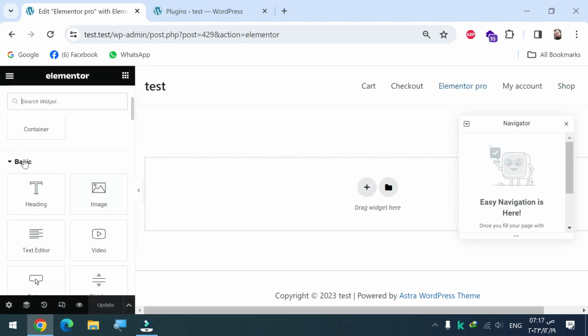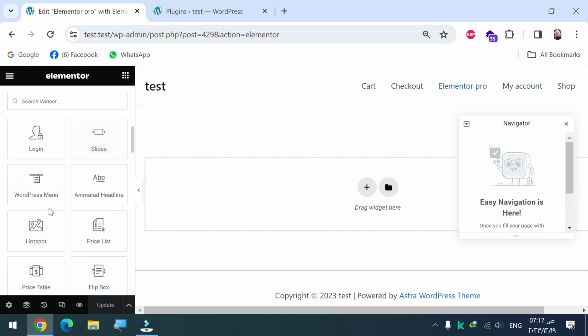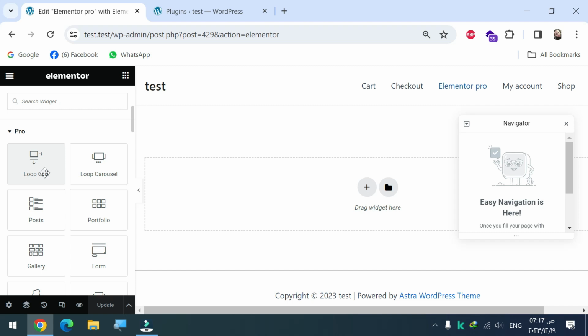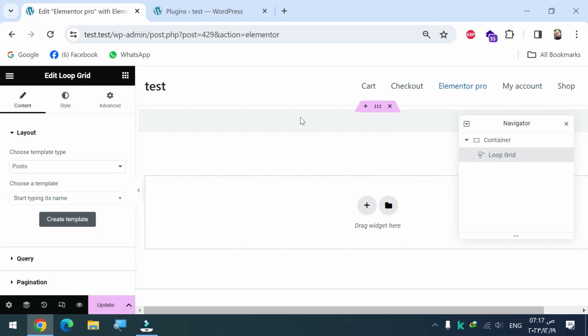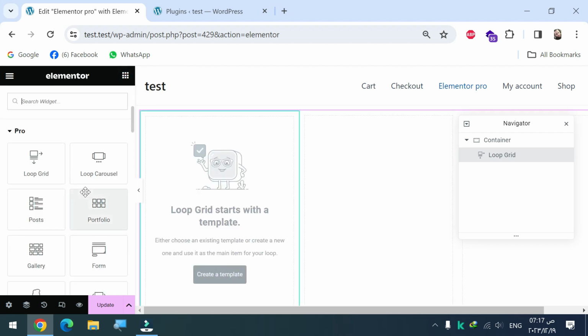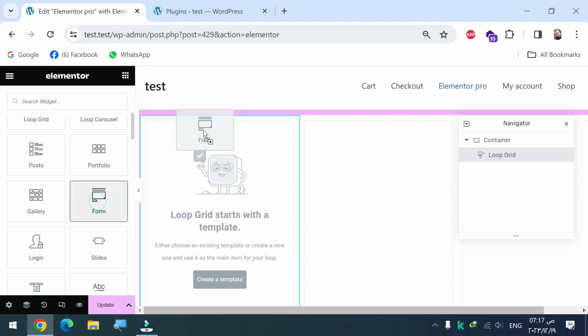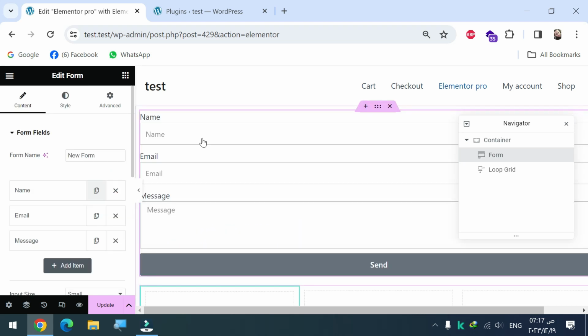Okay, close this, and these are the Pro elements. Let's try to drag and drop them one by one here. Okay, it worked. Let's try to drag and drop form. Okay, it worked. Well, this is a legal way to unlock Elementor Pro widgets, and the plugin we installed called